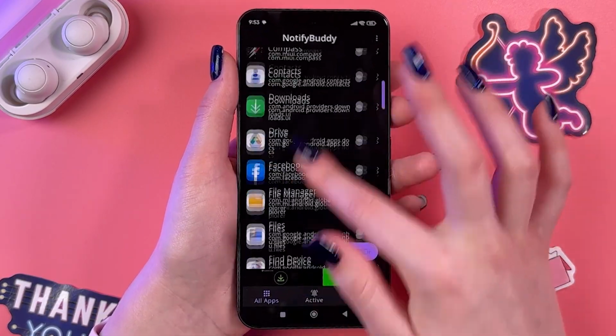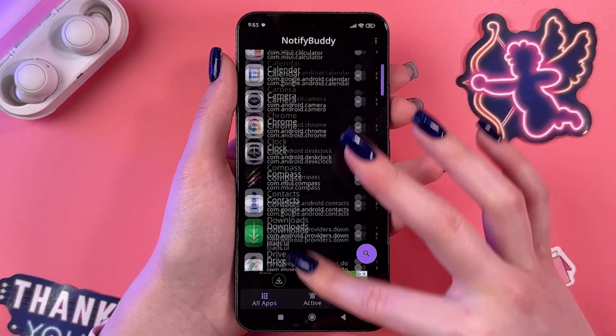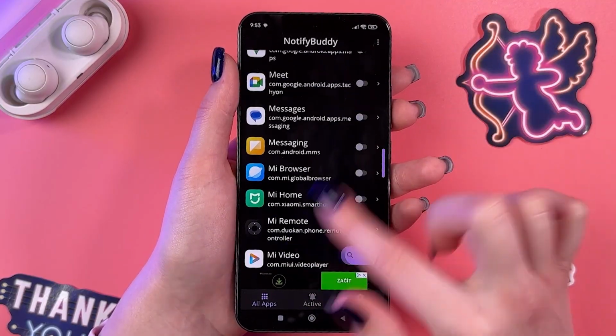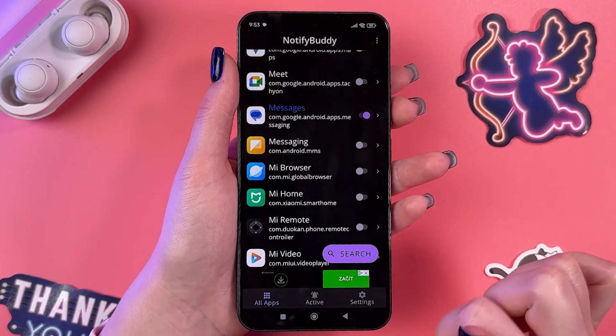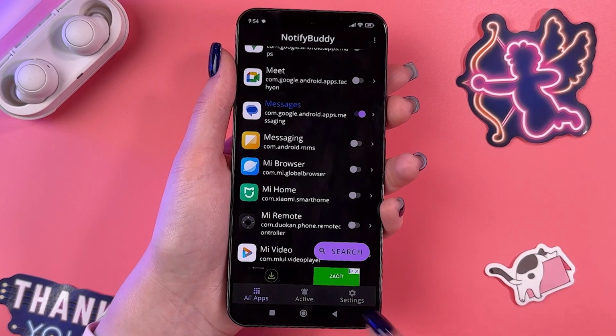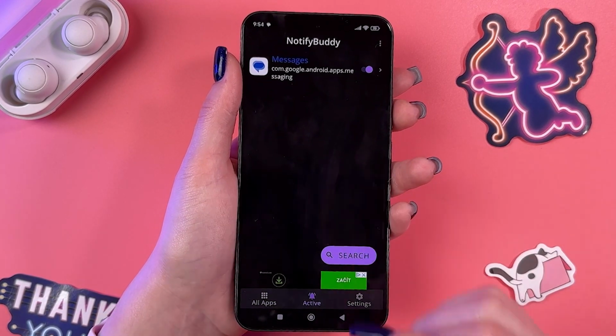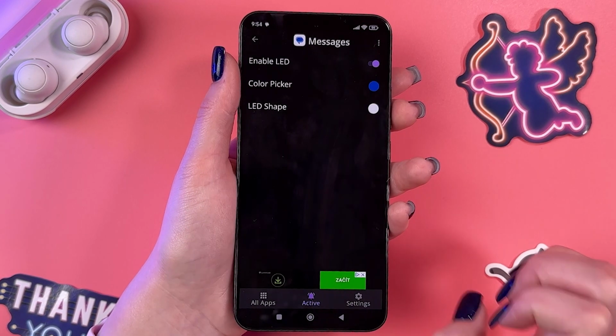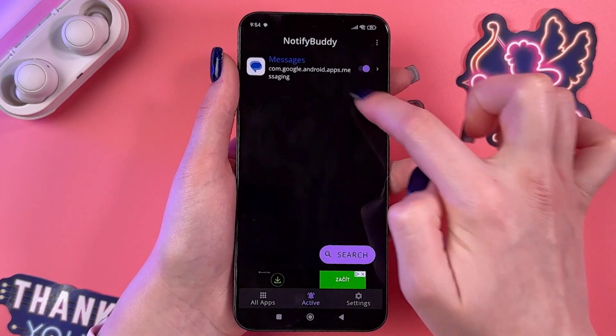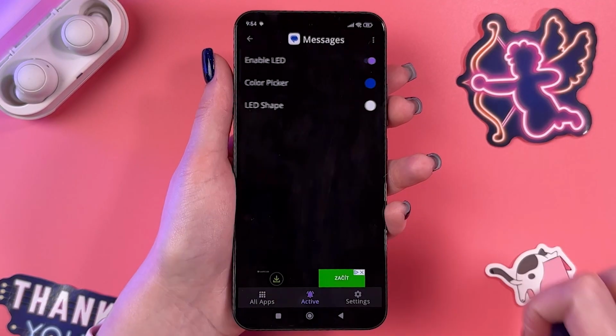And for example, let it be Messages app. Let me just find it in this list and here it is. I'm gonna tap on it to enable. And now we should see it in this active tab. Yeah, here it is. Now you can tap it, so just tap not on the switcher but on the section